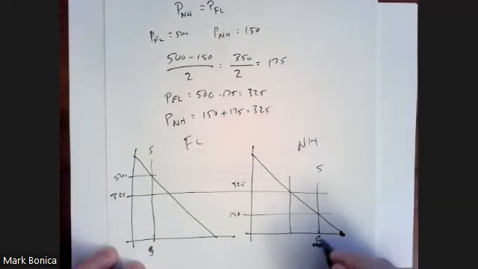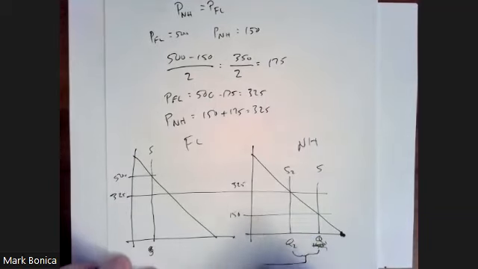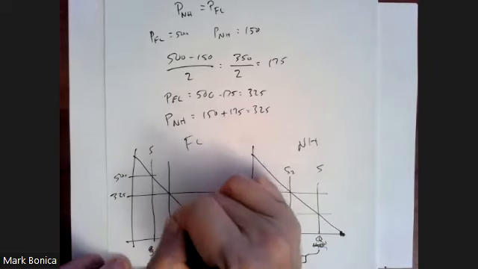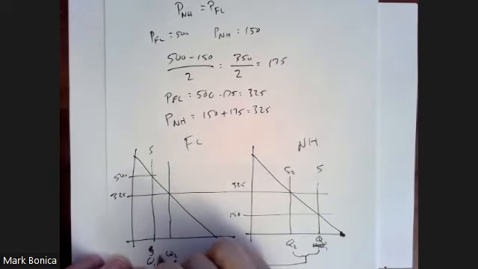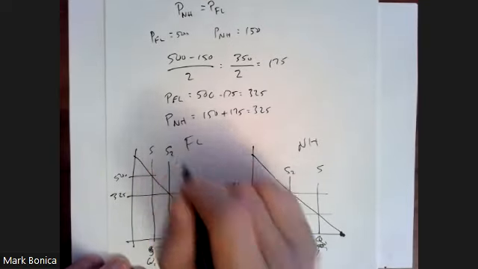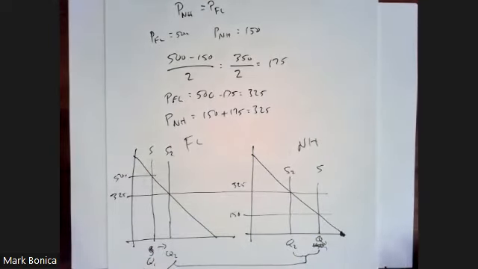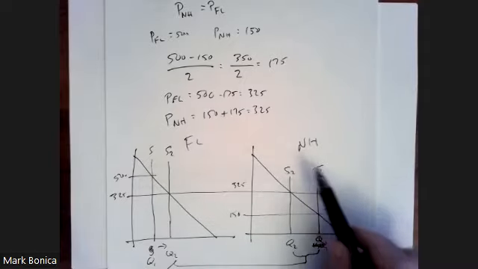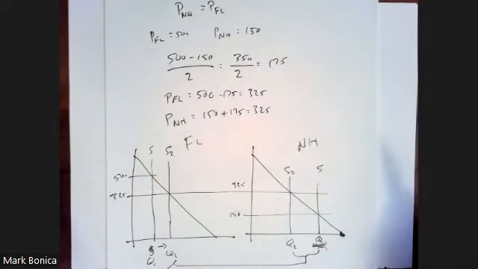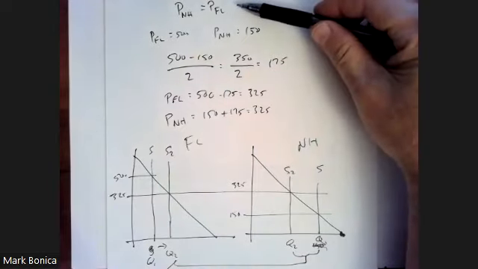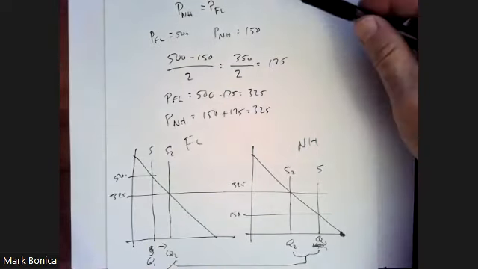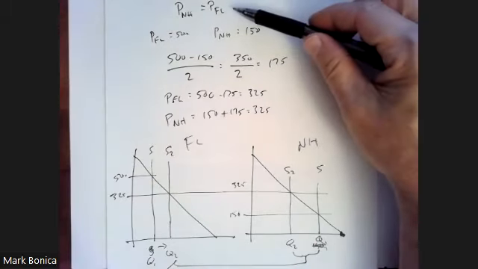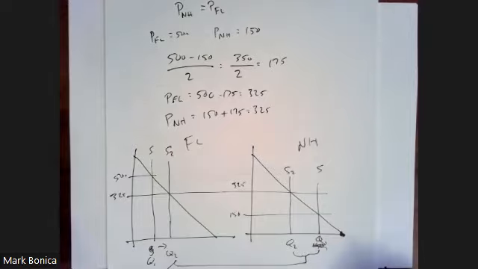And so you would expect the entrepreneurs to buy Q1 minus Q2 amount in New Hampshire, ship it to Florida, where Q1 would increase to Q2, right, with S2, and the price would fall to 325. I didn't require this. I didn't even require you doing the actual dollar amount. All I was really looking for was for you to say that entrepreneurs would buy in New Hampshire, sell in Florida until the price in New Hampshire equalized to the price in Florida.